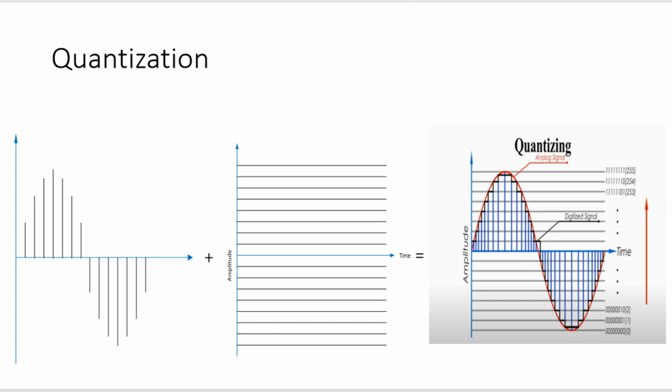PCM encoding is a two-step process performed by a codec. The first step is quantization, where each sample is assigned a specific quantizing interval. The second step is PCM coding of the quantizing interval into an 8-bit PCM code word. It is discussed with